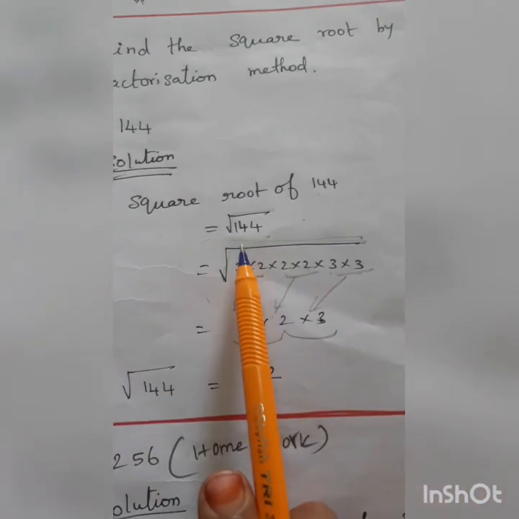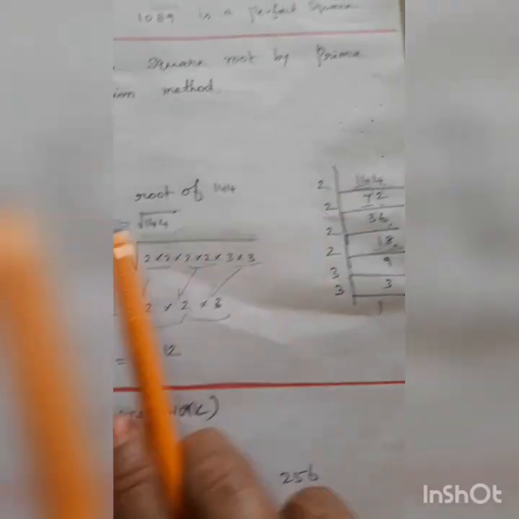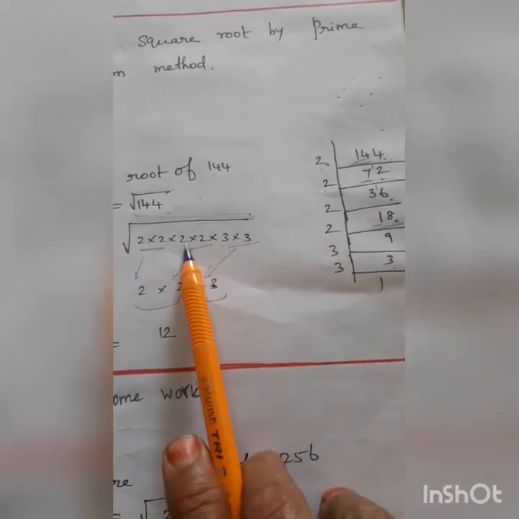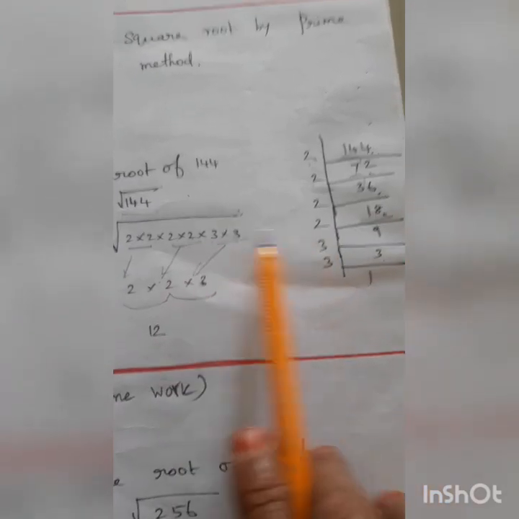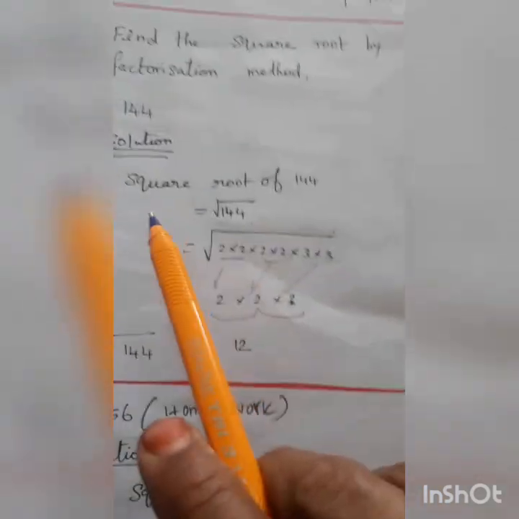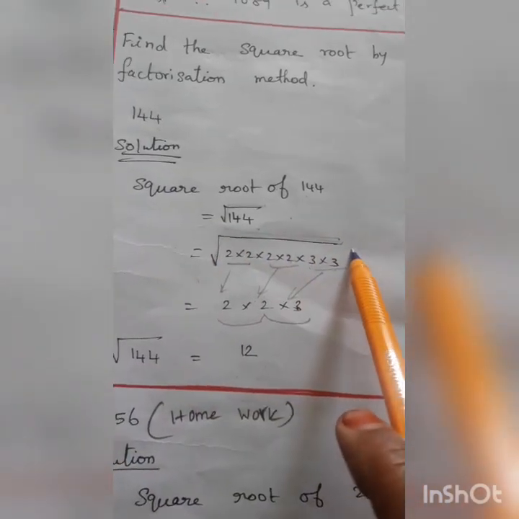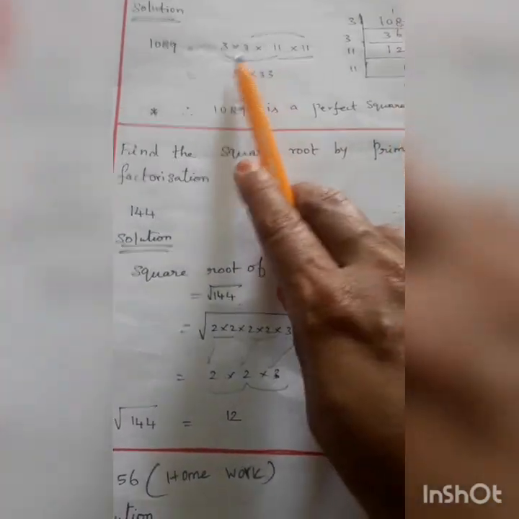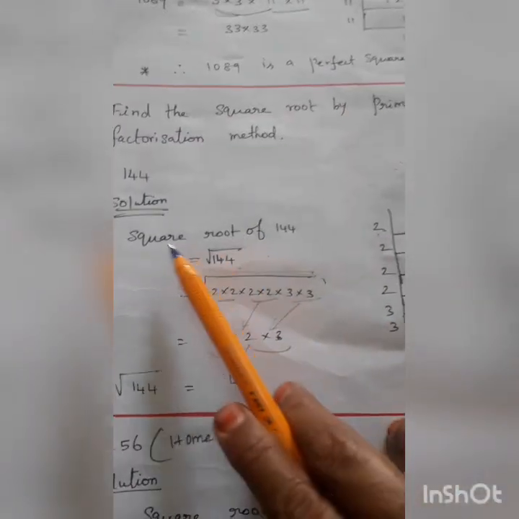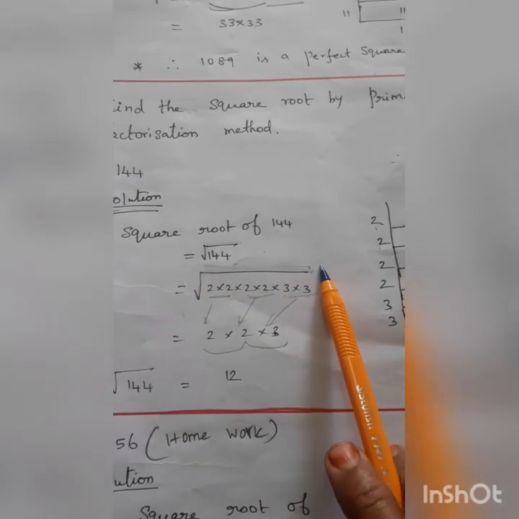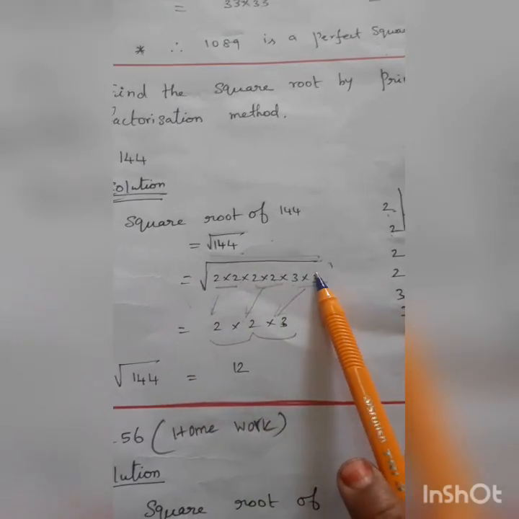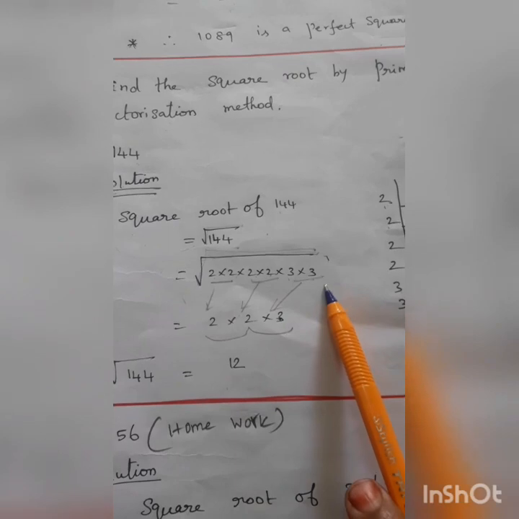Now square root of 144 is equal to 2 into 2 into 2 into 2 into 3 into 3. So write the square root symbol first, then all the numbers. Before the number, the square is simply for writing only. Now the square root asked for must use the square root symbol. Next, when selecting one number from two numbers, you should not put it in the square root.